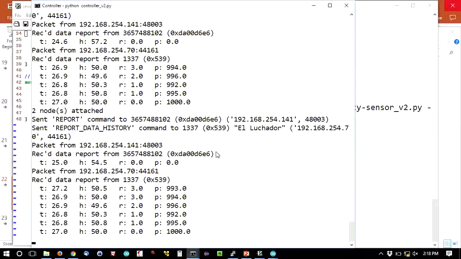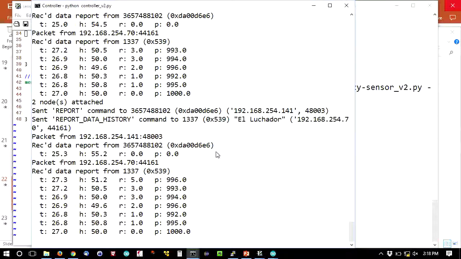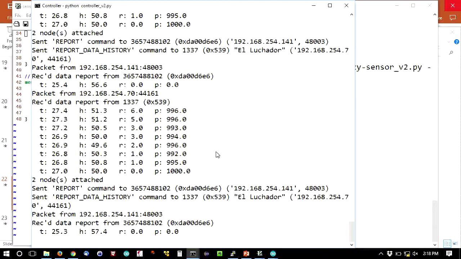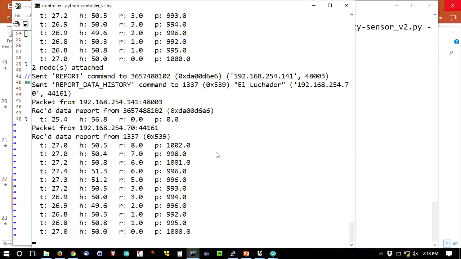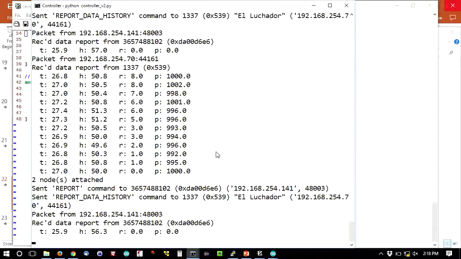But now the Raspberry Pi is using the new protocol, which keeps history, and so now on the Raspberry Pi end of things, every 5 seconds it's taking a new data reading. So it's taking temperature, humidity, rainfall, so cumulative rainfall, and barometric pressure. So what's going to happen here is you'll see it start building up,